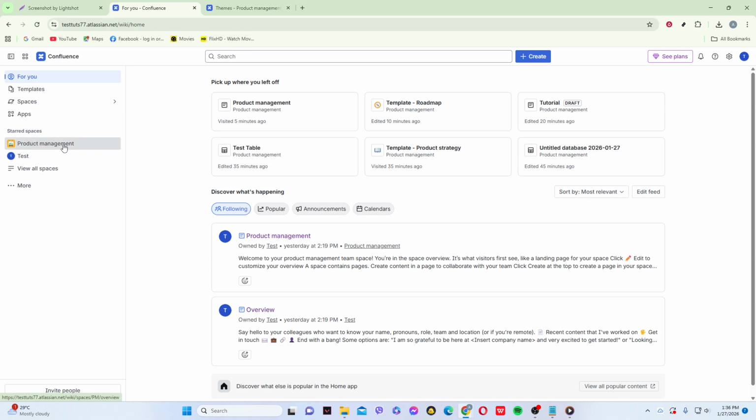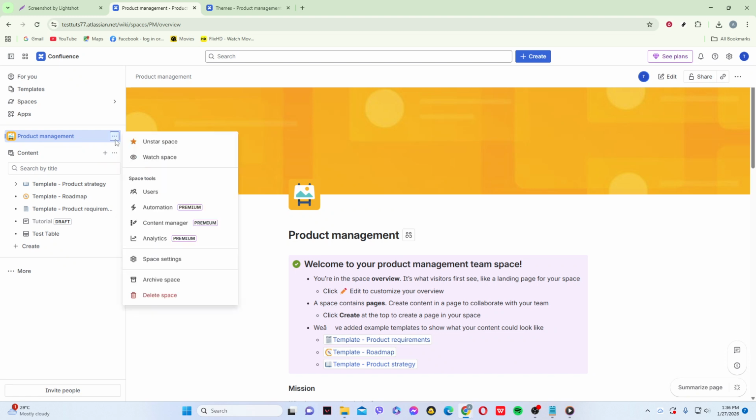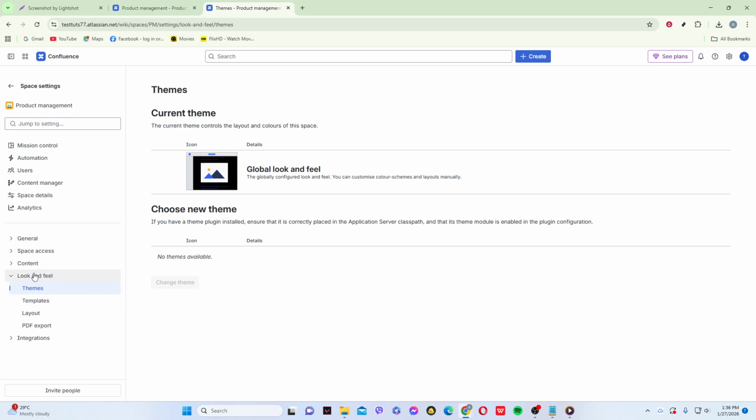Next, select the space you want to work with. You can get there from your sidebar or the spaces directory. Once you've opened the space, look for the three dots next to the space name and click them, then choose Space Settings. In the Space Settings screen, look to the left panel, expand the Look and Feel section to reveal